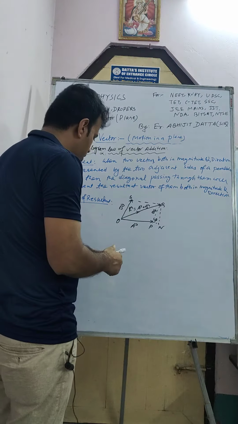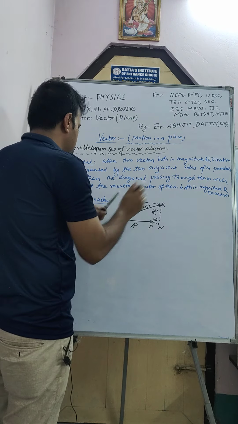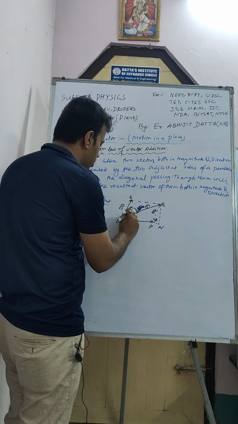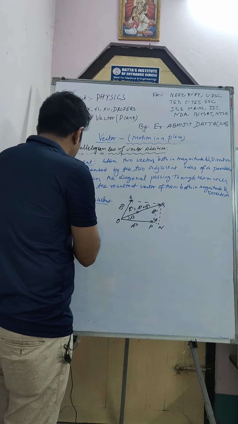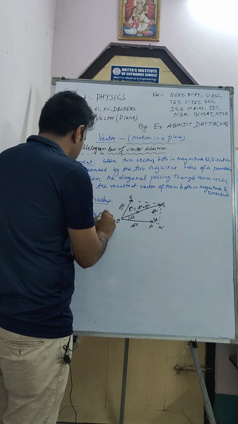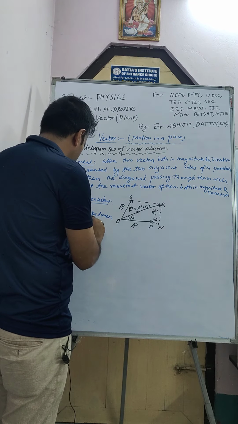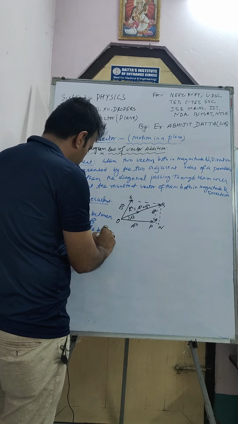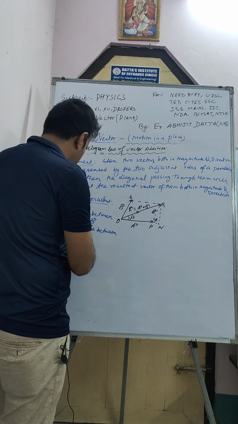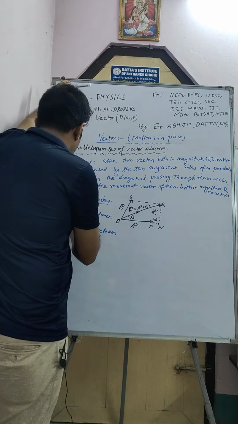Okay, so let's start. Let's consider, suppose this one is angle beta. This theta equals the angle between A vector and B vector. Beta equals the angle between A vector and R vector. Okay, resultant vector R. R is the resultant vector here. Now